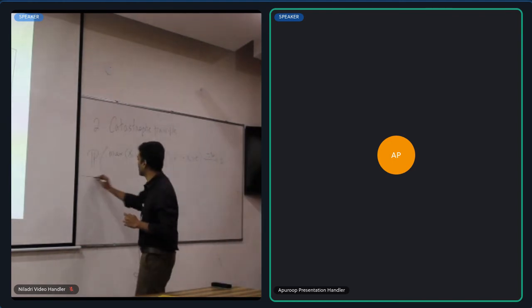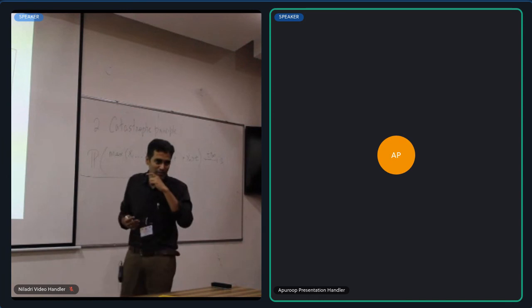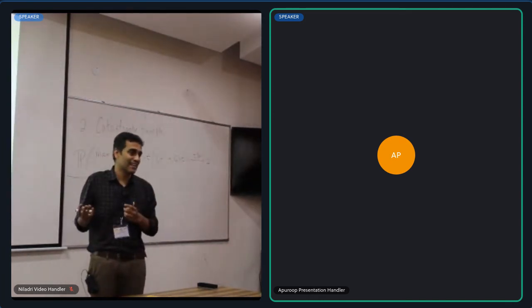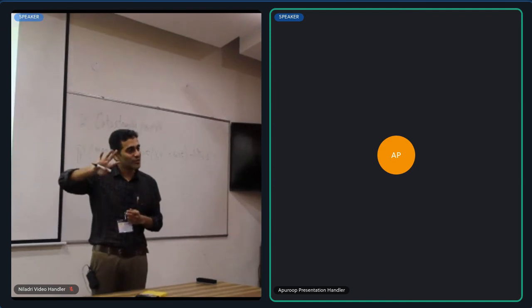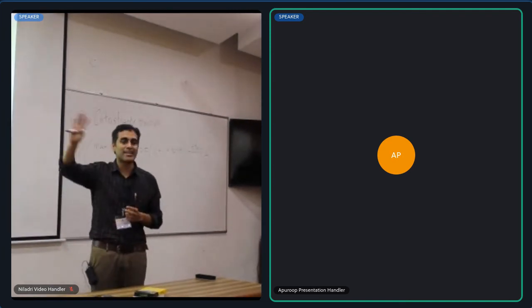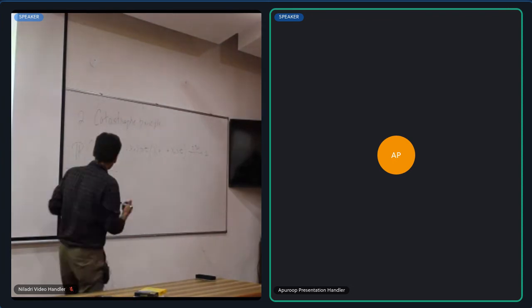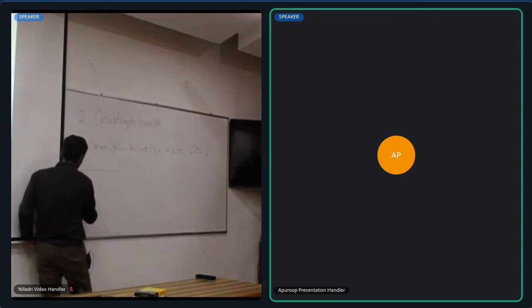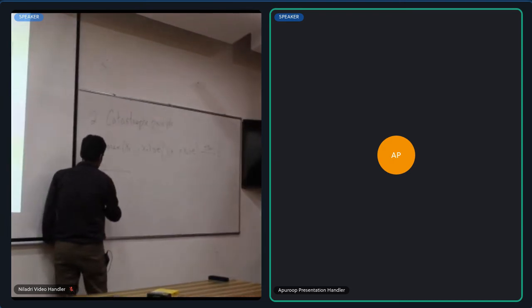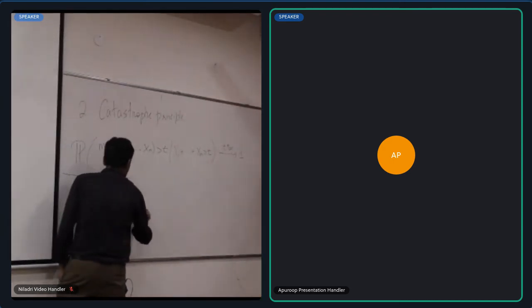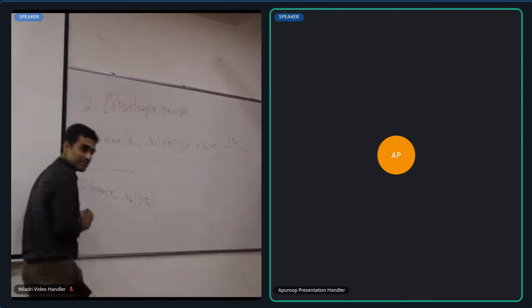So this is very broad. This has nothing to do with heavy tails. This is just a standard property of the max. The probability that the max of n IID random variables is greater than t is asymptotically approximately n times the probability that any one of them is greater than t. Okay, how do you show this? This is actually easy. So the probability that the max of x1 through xn is greater than t, right?